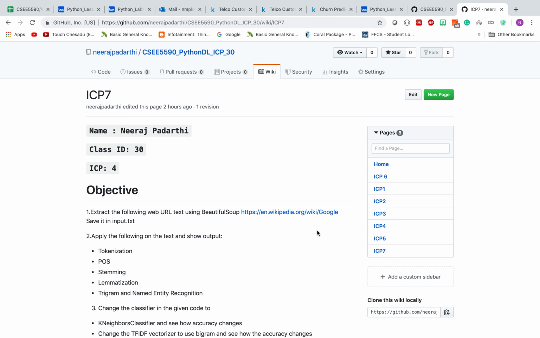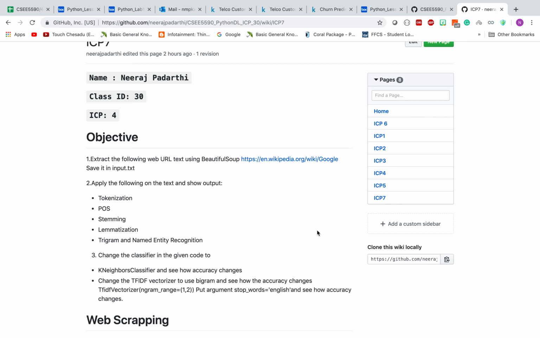Hi. The main objective of this ICP7 is to extract data from websites like Wikipedia and Google using the web scraping method in Python with the Beautiful Soup API. The next objective is to implement basic NLP tasks, which are tokenization, POS tagging, stemming and lemmatization, named entity recognition and n-grams, and also to implement TF-IDF and Naive Bayes